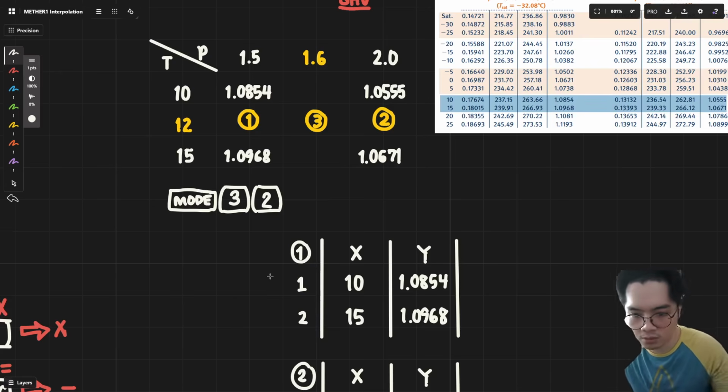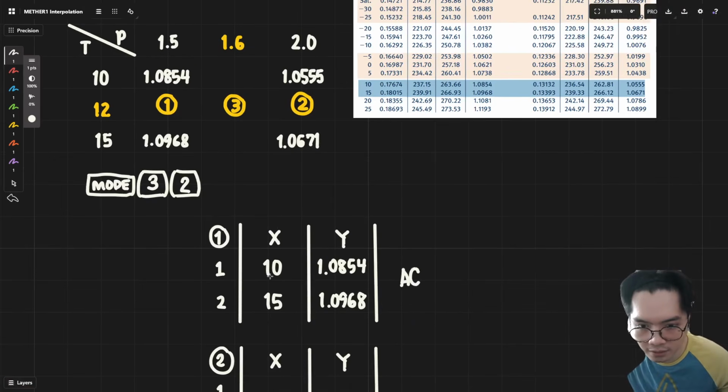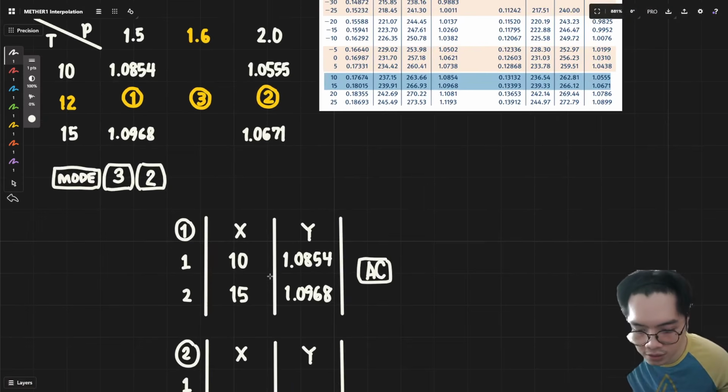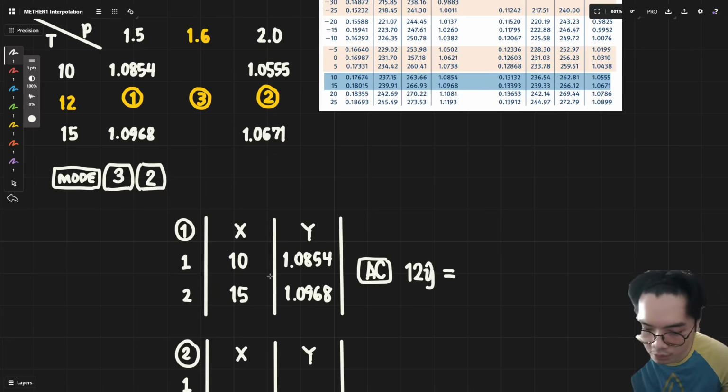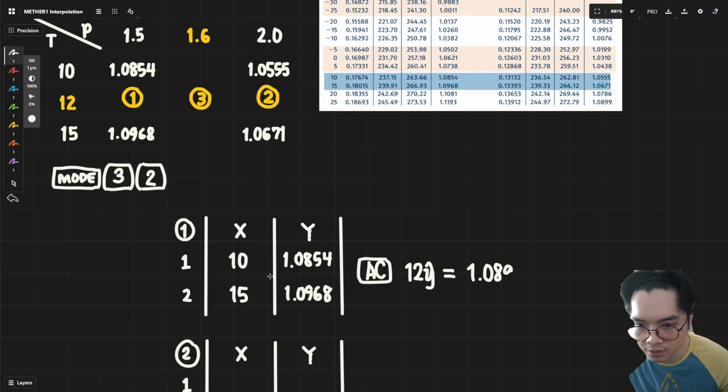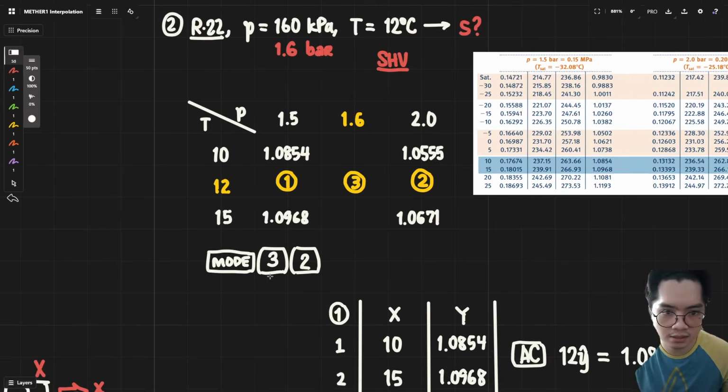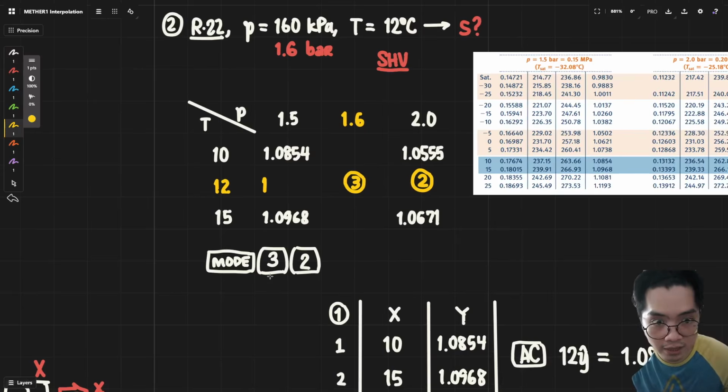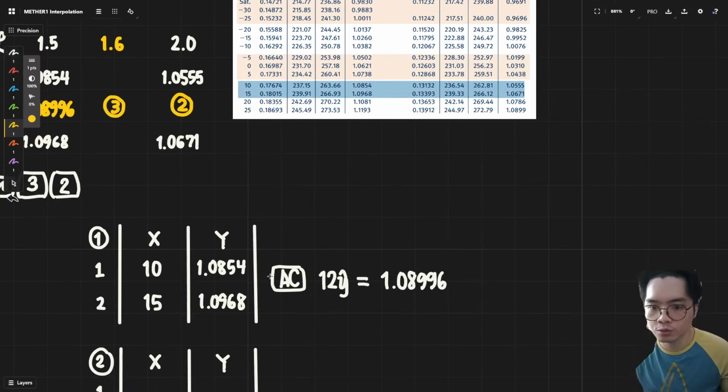So now, once we go AC, we are going to see in here, or we will ask the calculator, what is your 12 Y hat? It will give you a value of 1.08996. And now, for those of you who do not want to write this down because it's such a hassle,